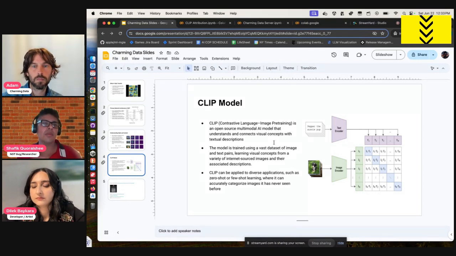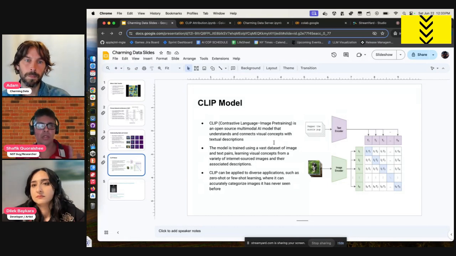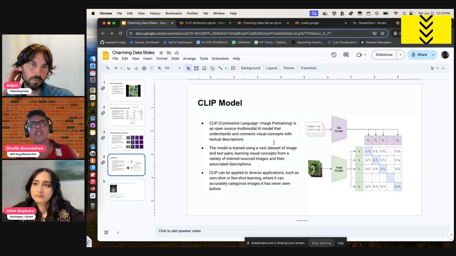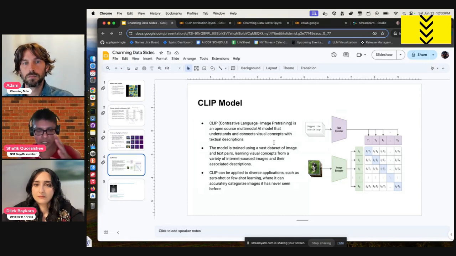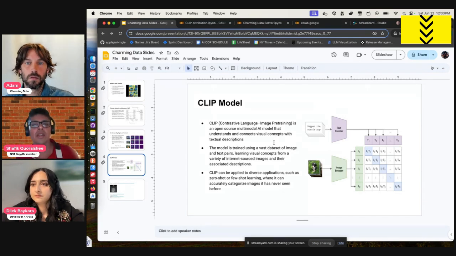So the reason I'm bringing up the CLIP model is because CLIP, which is an open source model, is used in the attribution mechanism, along with several other similarity metrics, to extract the styles and do similarity checks between the styles of different images.